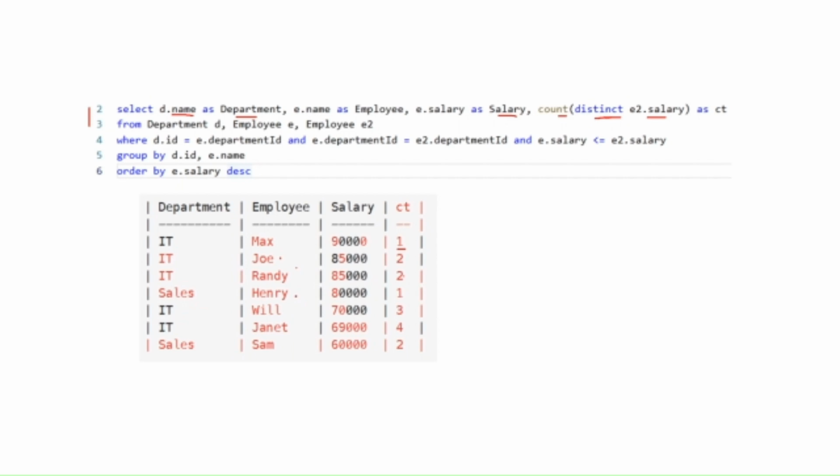Henry in the sales department, he earns the highest, he gets the value 1. In case of IT, Will gets the value of 3, since he earns 70,000. Janet has 4 people earning greater than or equal to her, and then Sam has 2 people earning greater than or equal to him. And this is why we are actually finding out the top 3 salary earners, and this is why we are actually introducing